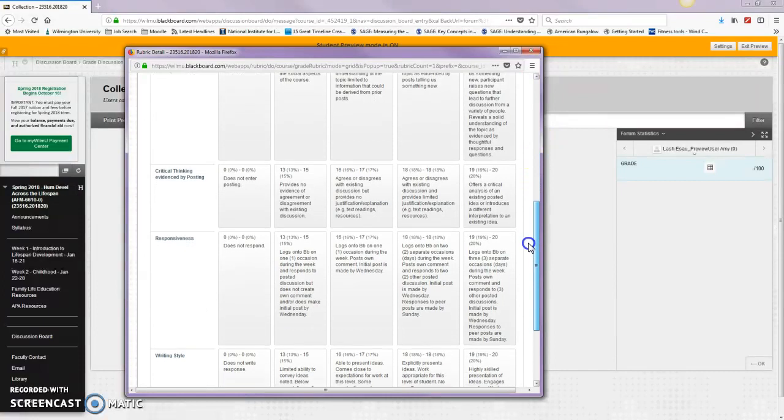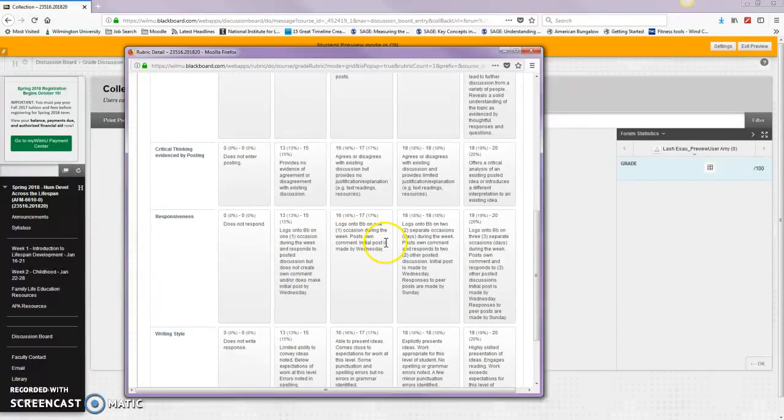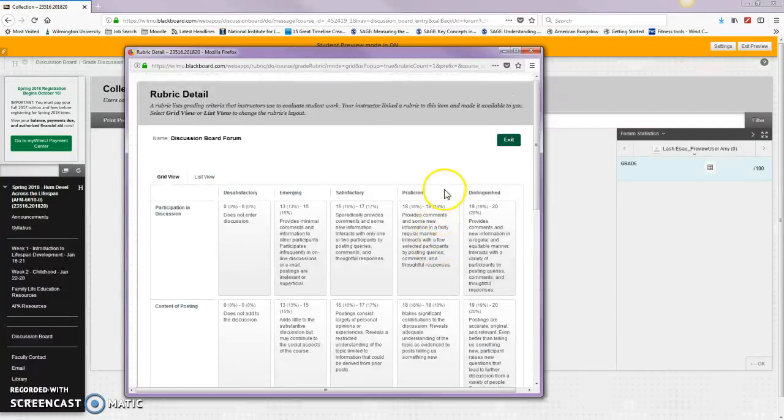Well, I guess I could just jump to that right now. That would be under responsiveness, or part of that is under responsiveness. So if you do 3 posts on one day, then you're not going to get full points. You might get 17, maybe 18. The feature with the 18 points, which is proficient,